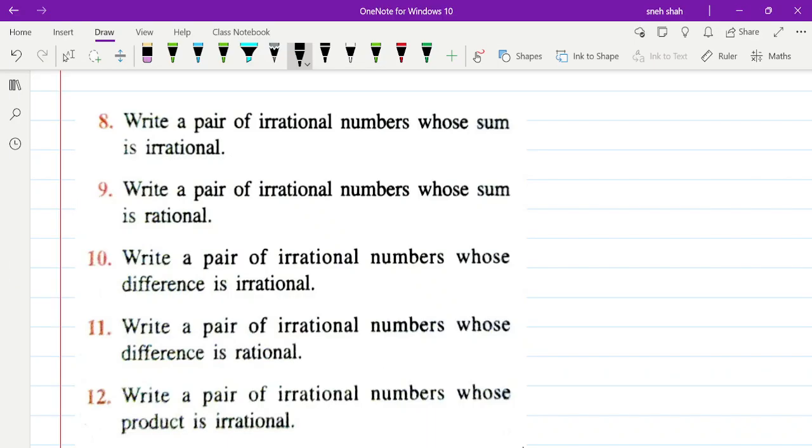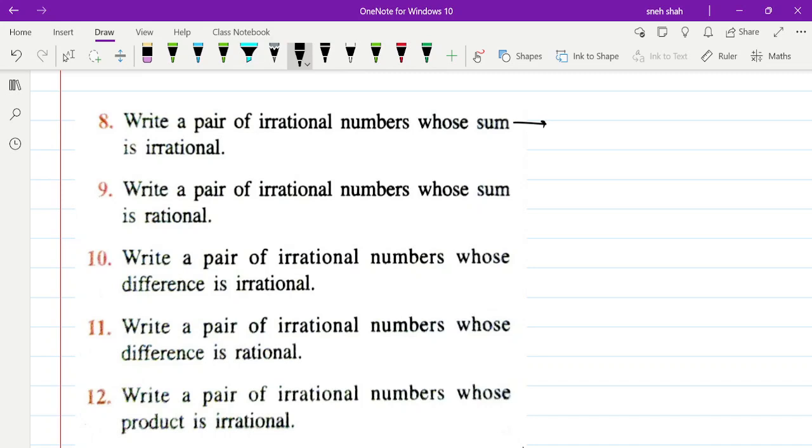Hello students, in this video we are solving question number 8 to question number 13 of exercise 1B from chapter 1 Rational and Irrational Numbers from Selina class 9 textbook. Here in the 8th question we are asked to write a pair of irrational numbers whose sum is also irrational. So here we are writing not any specific numbers but just the two numbers whose addition is also an irrational